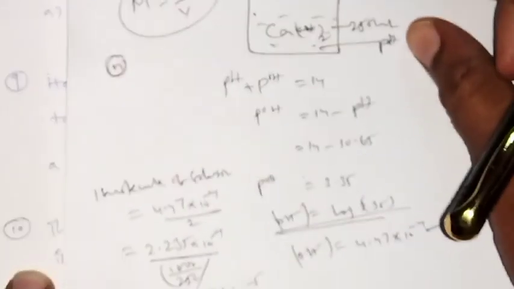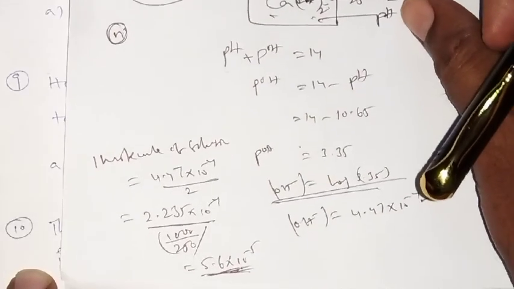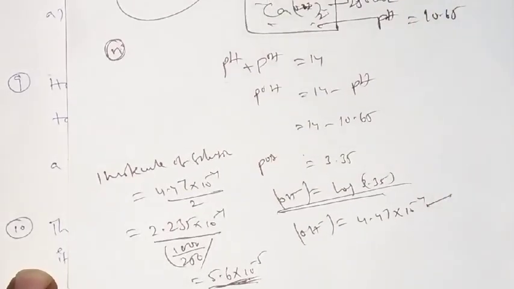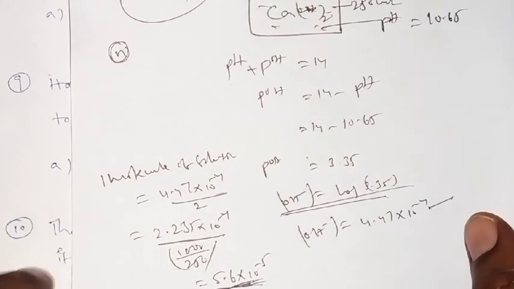Is it clear? So look at the procedure once again and do it. This is also one of the important models. Previously, one time they asked this question. Is it okay? Right. Look at the next question.